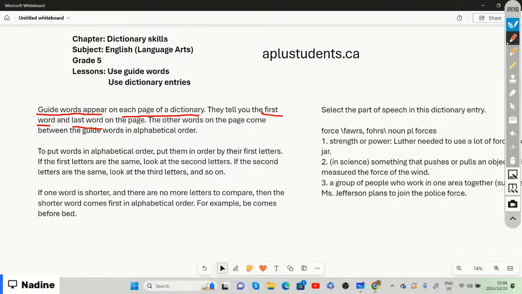If the first word is force, then they'll maybe give you another word that is also between, let's say, FO, which is force, and maybe the last word will be FU something, or F something. And then all the other words in between that first word and the last word of that specific page